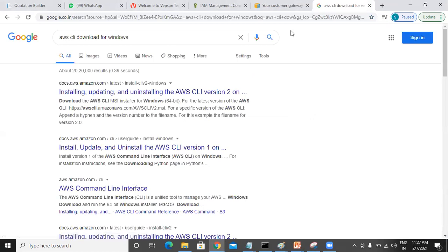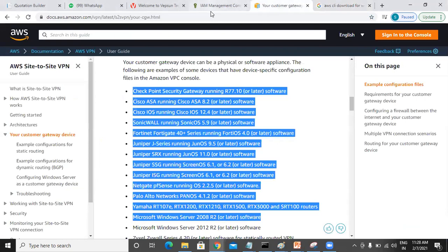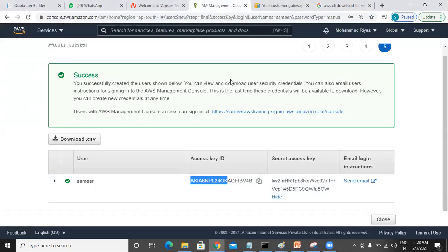Then you can install it, and when you install it, at that time you can connect and access it. So whenever you want to communicate to the command line, you need to have this secret key and access key. If it is not command line, then directly you can access the graphical console.